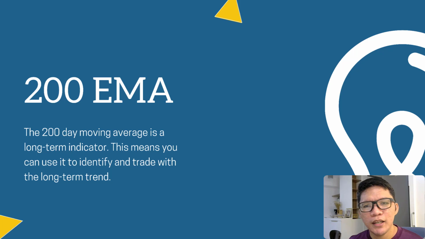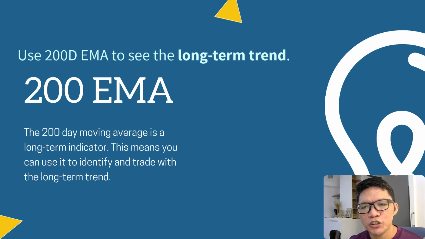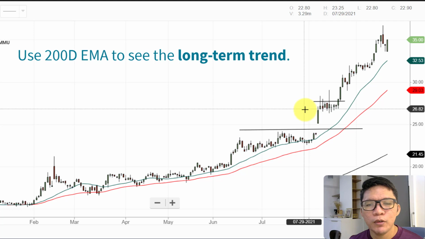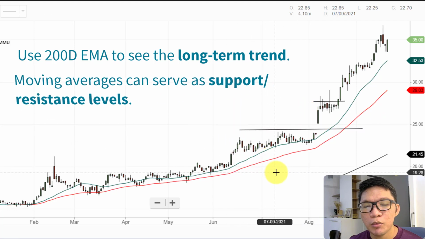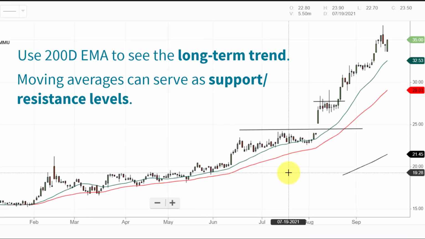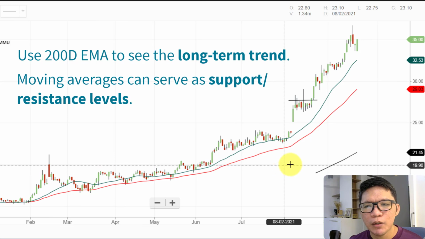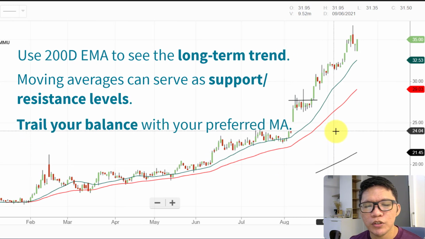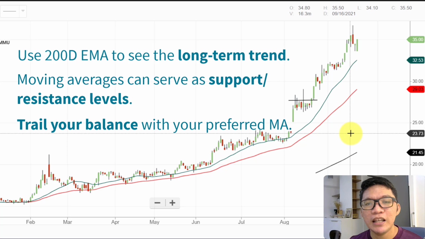Then yung 200-day EMA is our indicator for the long-term trend. Natutunan din natin na yung moving averages can also serve as our support and resistance. So whenever we would like to buy a stock, ayaw natin silang habulin sa pinakatoktok. And then finally, pinakita ko na sa inyo on how to maximize your profits using moving average by trailing your